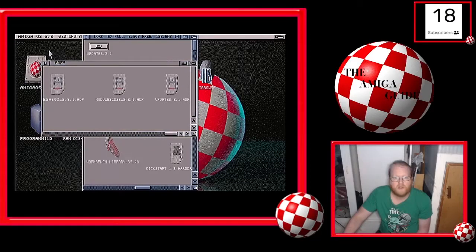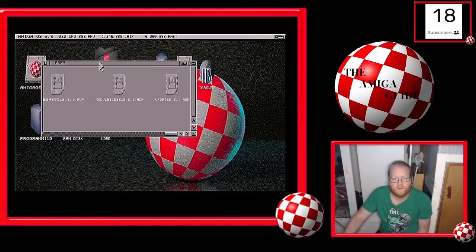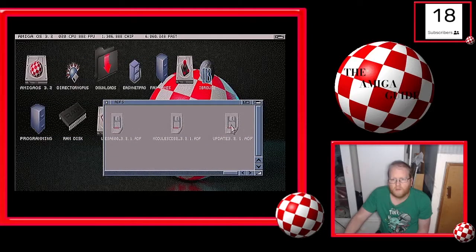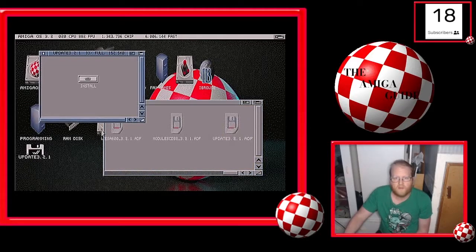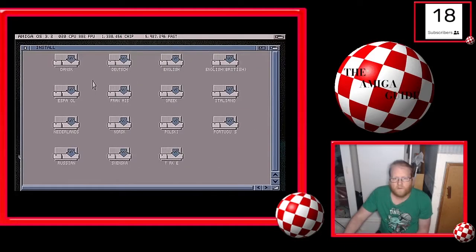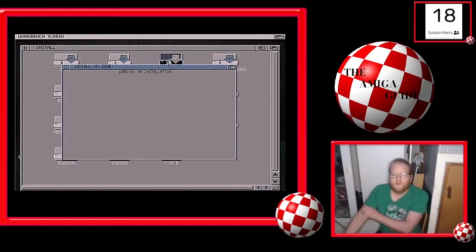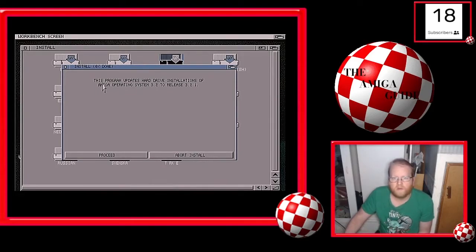Now I should be able to double click on that and mount it, which, yeah, that's mounted now, and I can click on that and there's an install folder with all different ones for different languages. So I'll click on English. That brings up this program that updates hard drive installations of Amiga operating system 3.2 to release 3.2.1, and then there's an option to proceed or abort installation. Obviously I'm going to proceed, so let's click proceed,